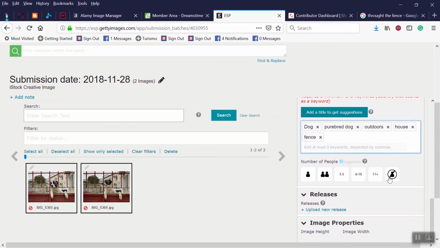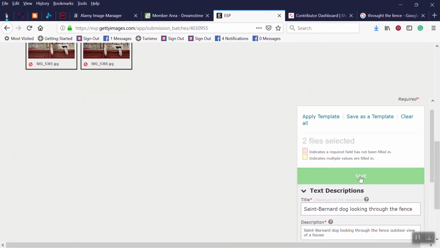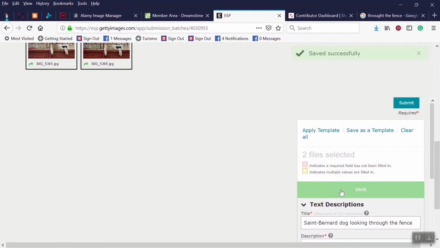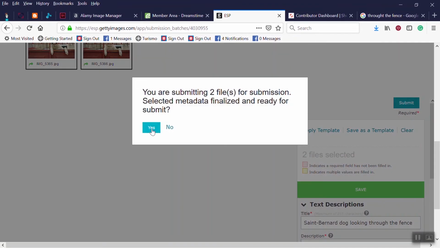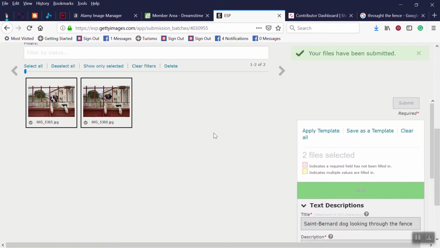No people there, you click no people. Okay, that's done. And you can save. If you don't save, you cannot submit. And submit. And you press yes. And you'll get an email from them telling you if they are accepted or not. One of my favorite,